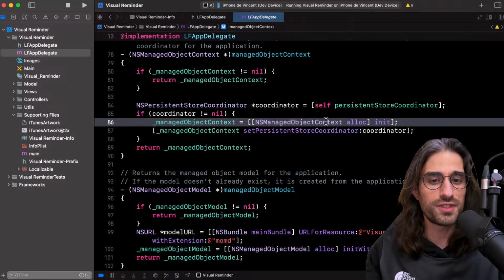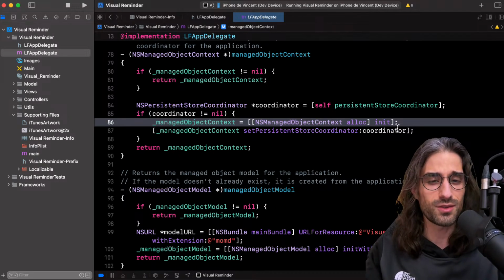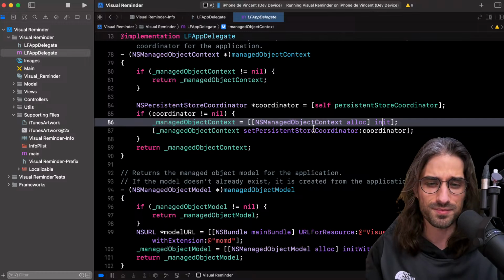Alloc is called on the type, and it creates the place in memory to store the instance, and then init initializes that space in memory. This alloc init would always weird out people that only knew Java or C++, because it looked so different.